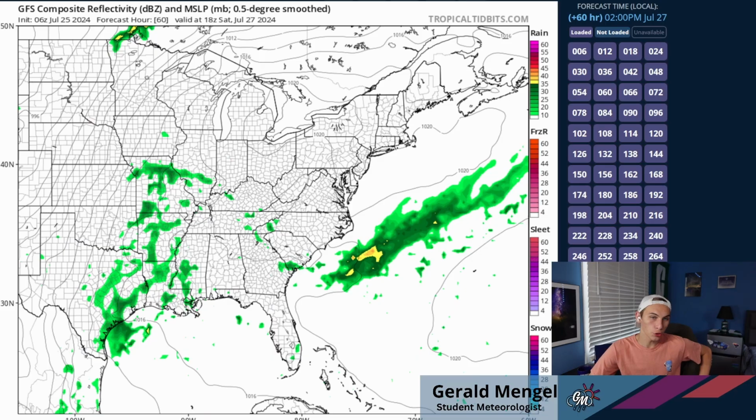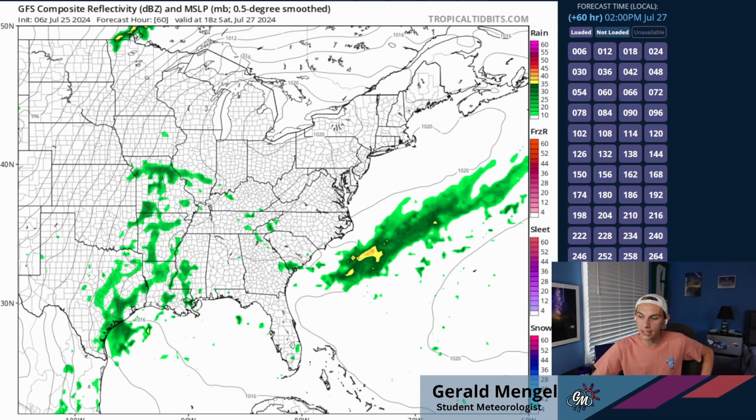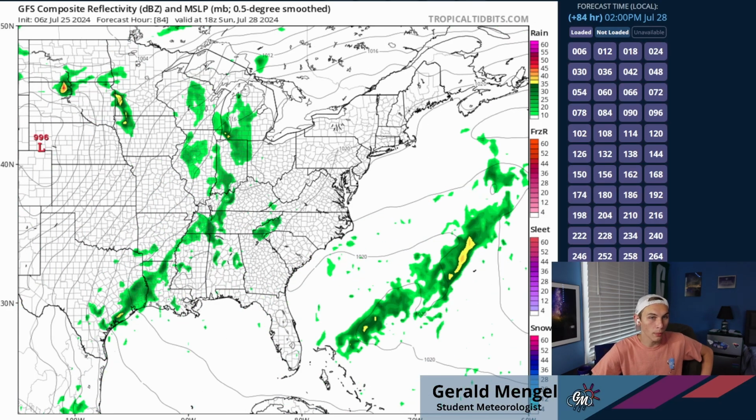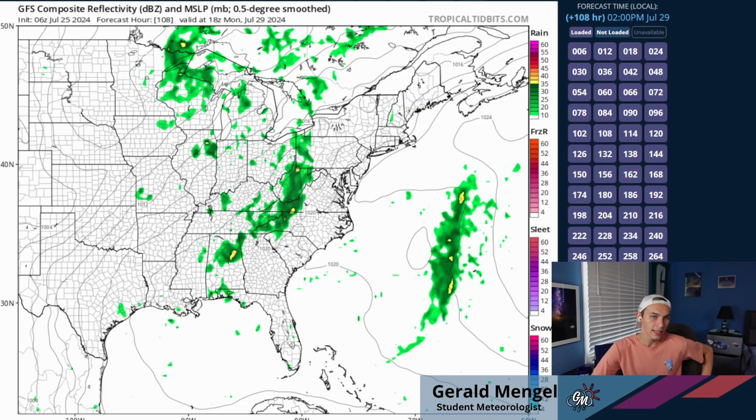So future radar, we'll start this Saturday afternoon. You'll notice, again, some of those rain chances are getting tempered down as some of that dry air tries to funnel down the Appalachian chain. But back out where that heat dome is building and that Gulf moisture is once again surging north, rainfall is going to once again poke its ugly head into the forecast here, and that will be a theme through much of next week. As that heat dome moves east, that rainfall moves east with it, and here we go next